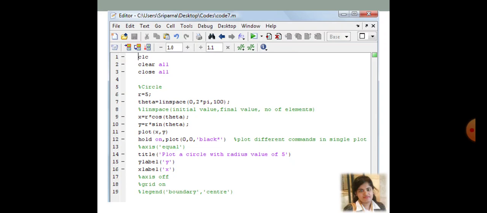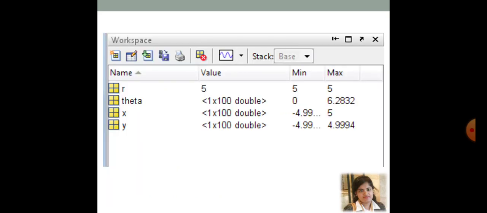Suppose after plotting one particular figure, you need to check whether the figure has been properly generated or not. So how to check how different variables are close to another variable, and what is the difference between them, that is, to understand the components of a figure, you might sometimes need that function called grid on. Now line number 19, legend, I am going to discuss later on, so just keep it in this form. Now come to this workspace.